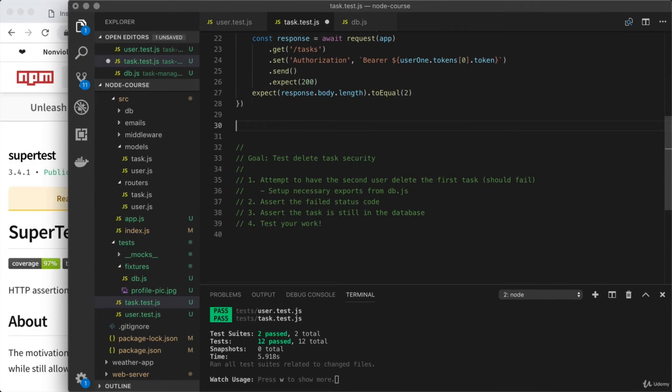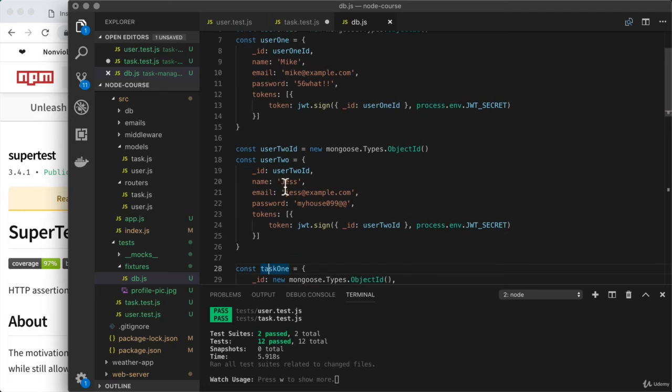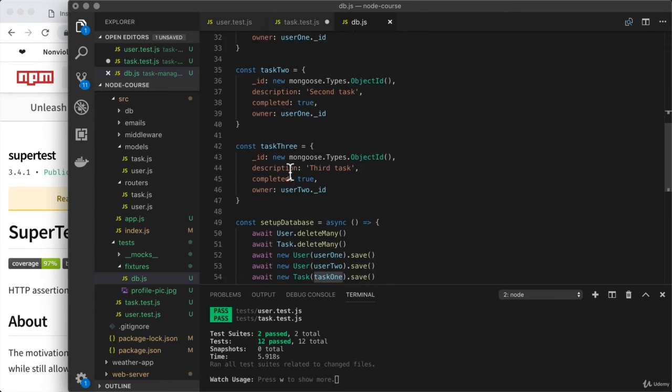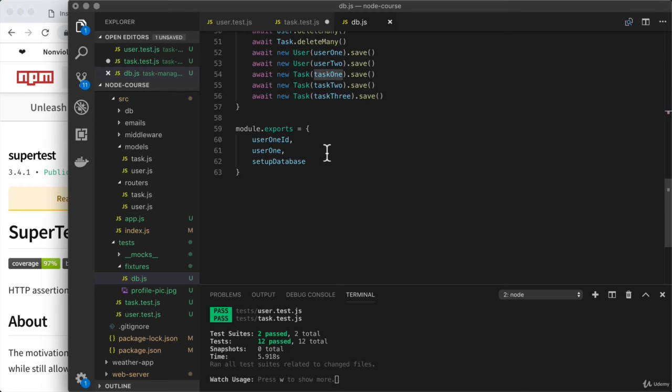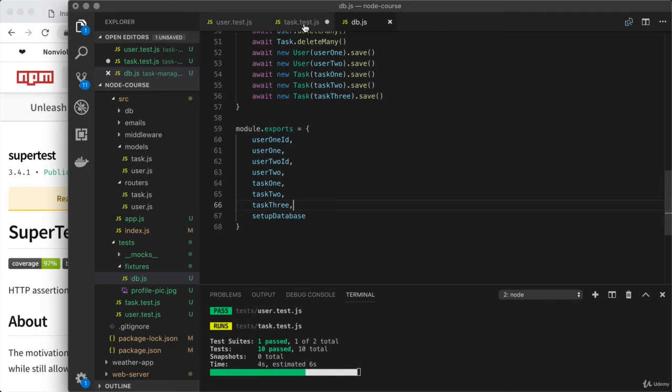All right, how'd that go? I'm gonna kick things off by exporting the new items we created over in db.js. Now we could export just what we need, for example, something like task 1 so we can get its ID, but I'll go ahead and export all 3 tasks as well as the data for that second user. That means down below, we're gonna add some more stuff right on here. We'll have user 2 ID, then we'll have user 2. We'll have a task 1, task 2, and finally task 3, making sure the other file can access anything that it might need. Now we can go ahead and save this one and load in just what we actually need